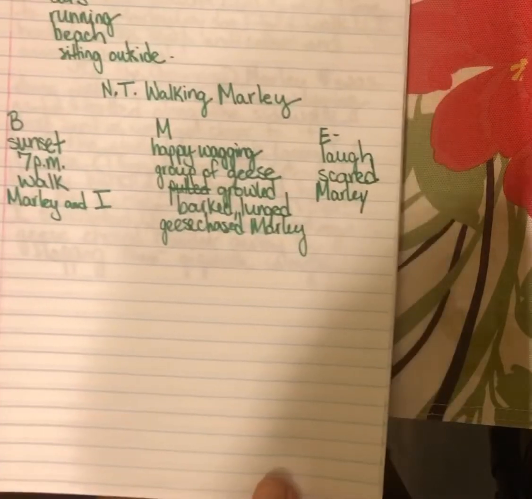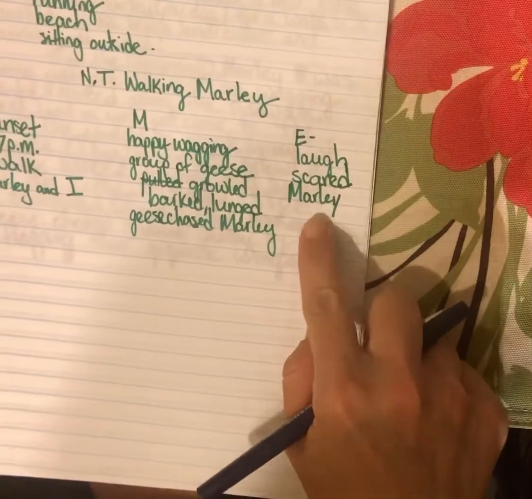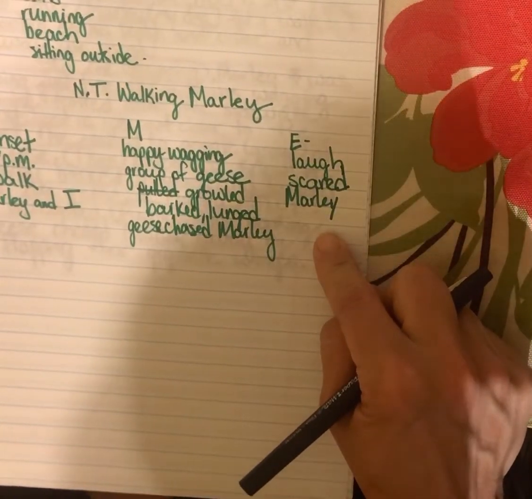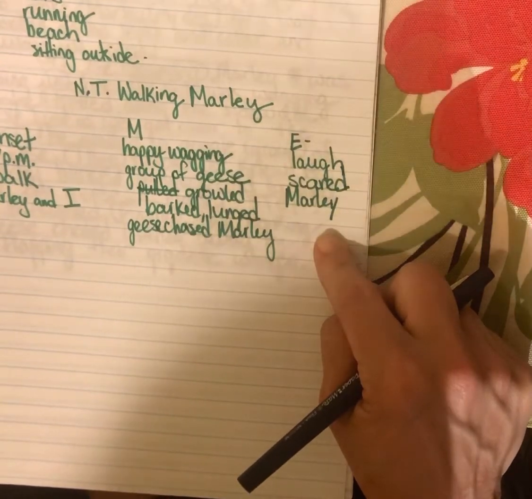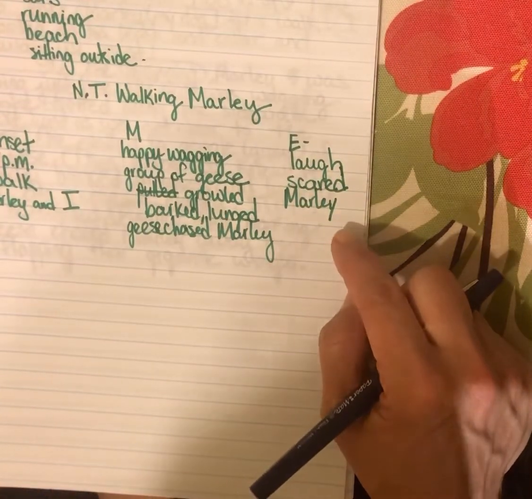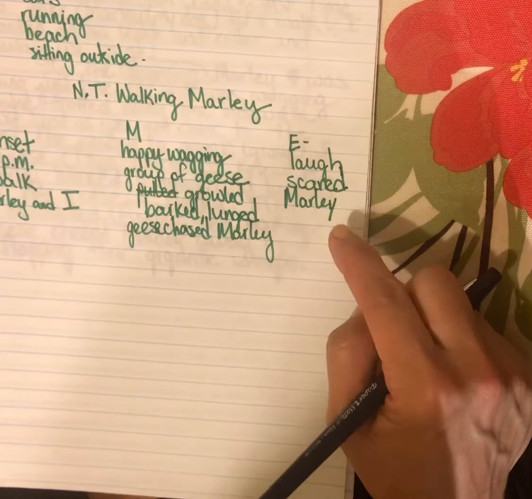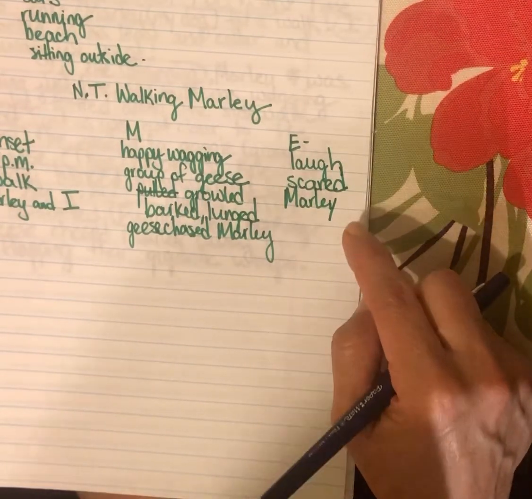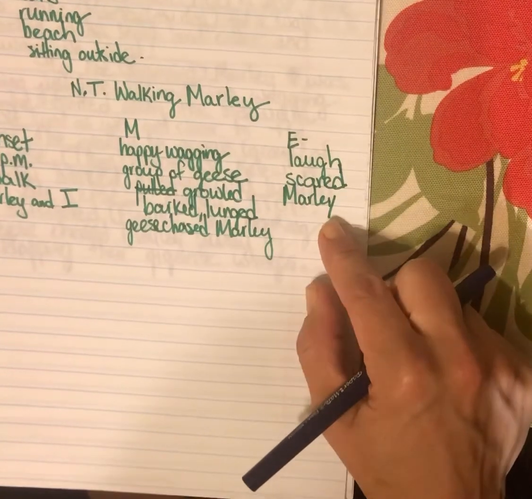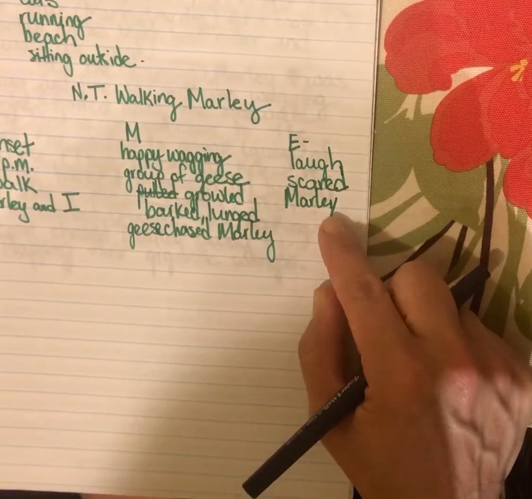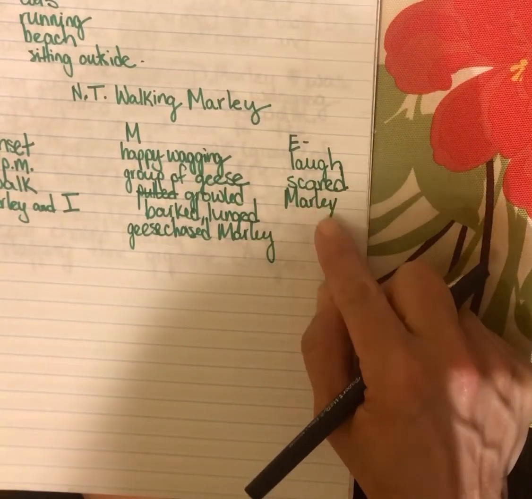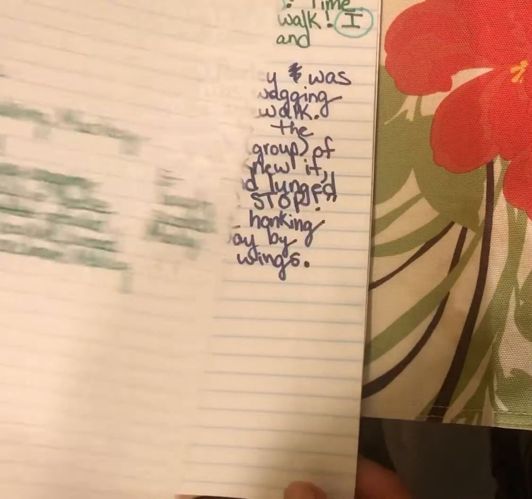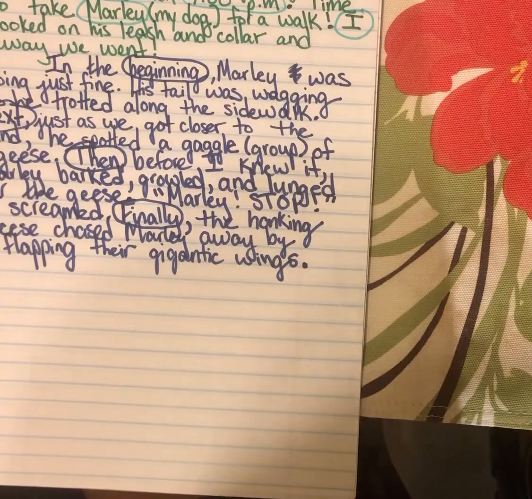Everyone, today our objective or goal is to write an end that brings our story to a close. Our craft today is going to be vivid verbs. Vivid verbs are those action words that give the reader a better picture in their mind of what action is taking place. So even though we are at the end of our story, we can still think about how we use vivid verbs, action words, to show what types of actions are taking place even at the end of our